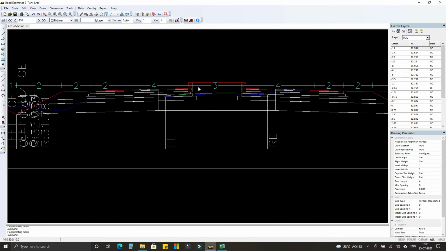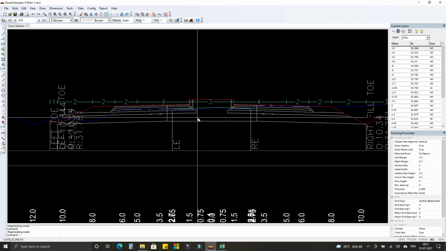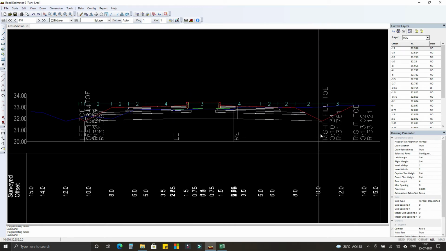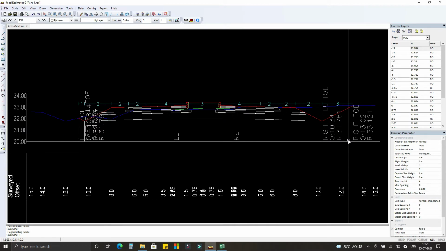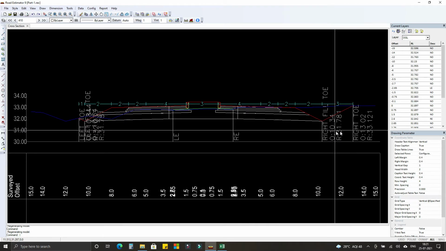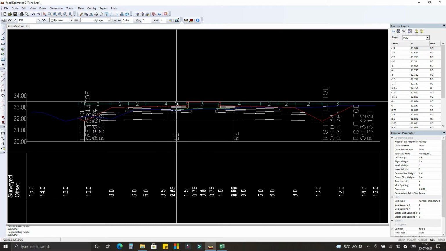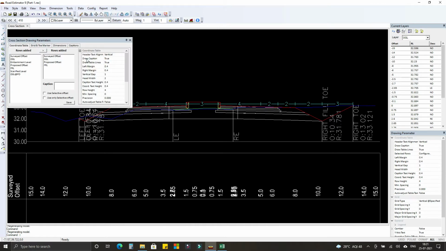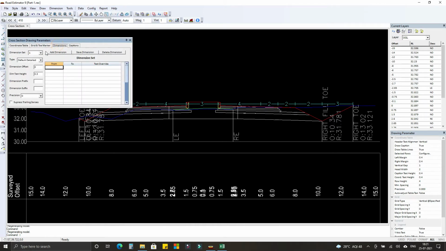As we got the cross section, the text height was huge and the dimensions were very small, so let's change this. Go to cross section settings, dimensions, 0.3 text height.